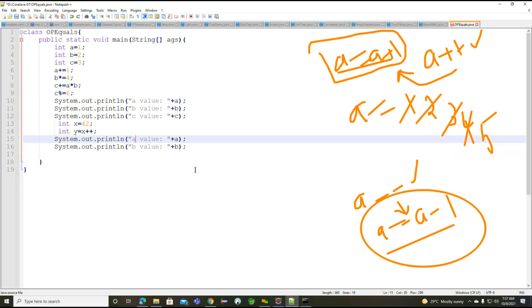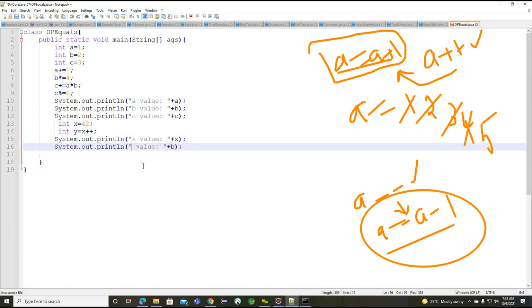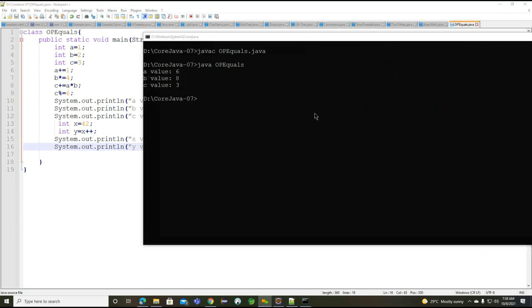Now you can see how I'm writing here. Instead of this particular a value, what value can we print? We can print x here, and instead of the b value, we can print y. Now I want to compile the same code and execute here.